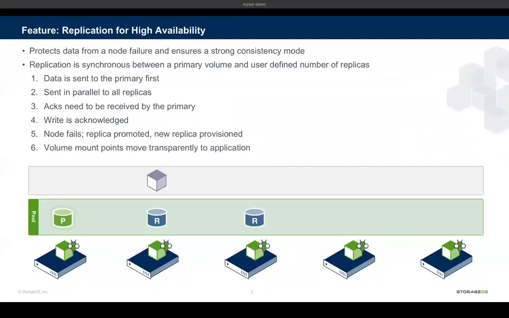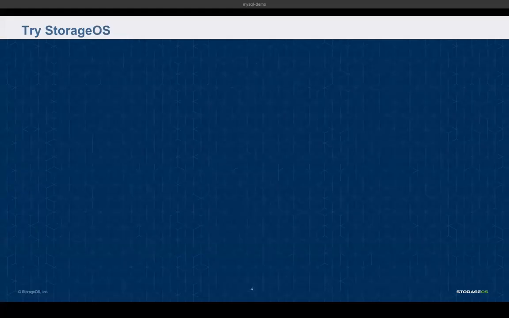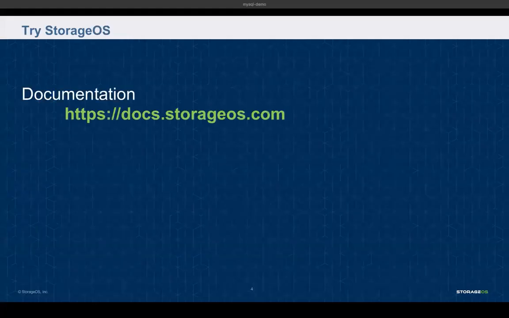How does that work? How is that possible? Well, StorageOS implements replication for high availability and automatic failover. So when an application writes towards a StorageOS volume that is replicated, StorageOS automatically sends that write in parallel, and when everything is acknowledged, it goes back to the application. So in the case that the node goes down, StorageOS can automatically fail over the volume and create a